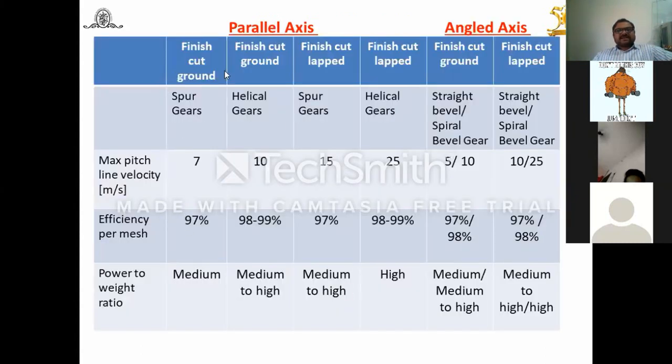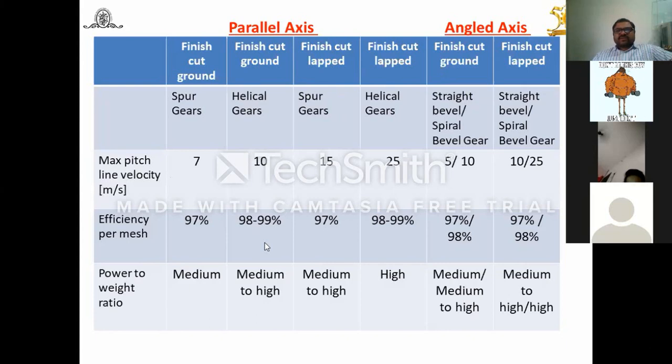Now look at this here. Generally in spur gear, for finish and ground manufacturing, the maximum pitch line velocity is 7, in nickel 10, and again for finish cut, lap finishing, super finishing, and micro finishing operations. Look at the lap: using the spur gear, the pitch line velocity is greater than 10, but the general statement is it should be up to 10, not more than that. But when you manufacture a gear with a high surface finish or super finishing, the cost of machining also increases, so you have to take care of that. And for helical gear, 25.